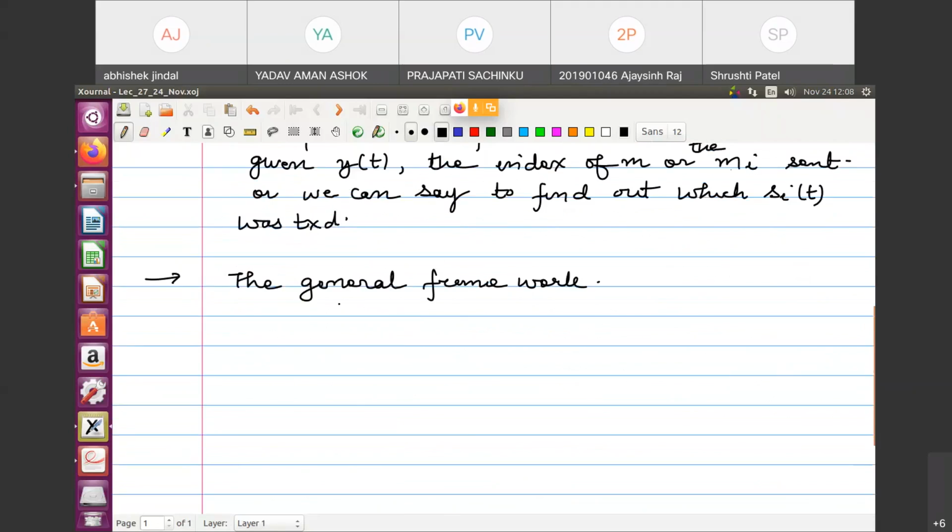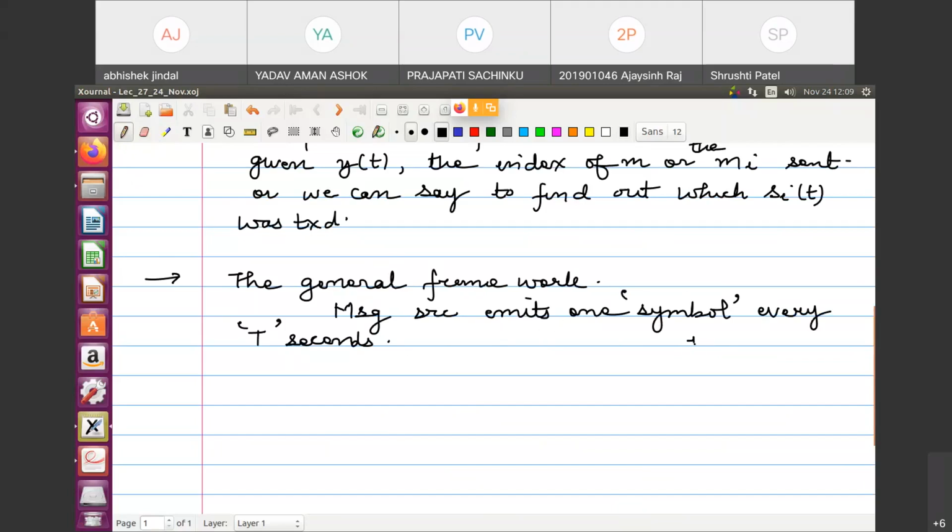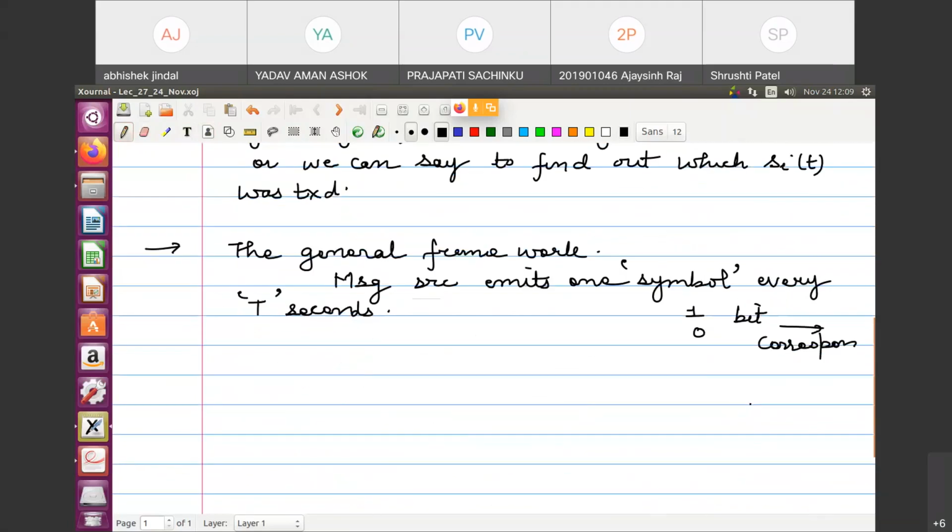So in the general framework, you can say that the message source emits one symbol every T seconds. Now the term has changed. Every T seconds, let us call this a symbol. Why? Because if your set contains only two possibilities, 1 and 0, then they can be called a bit, and the corresponding time as bit interval. But when you have more than two choices,